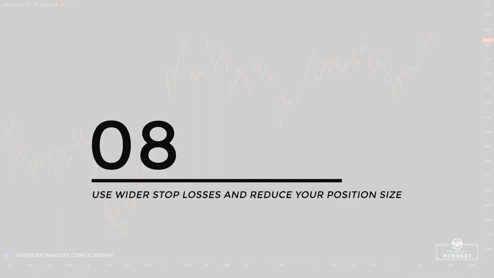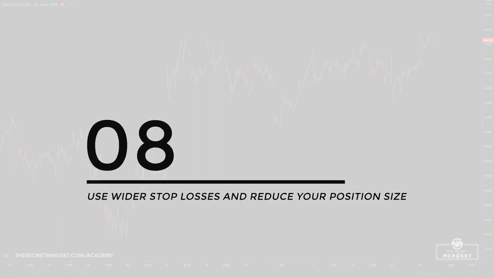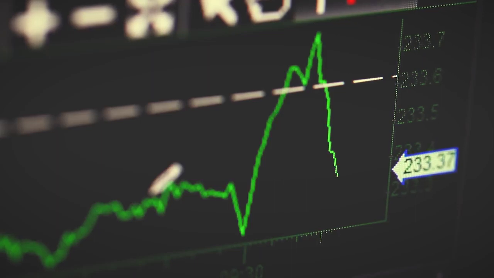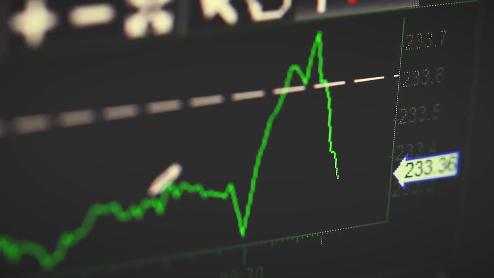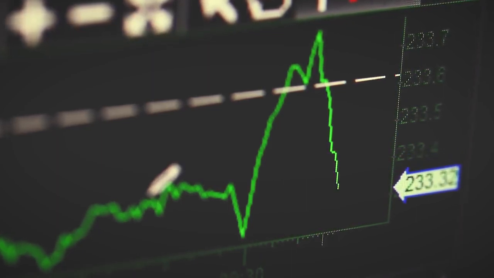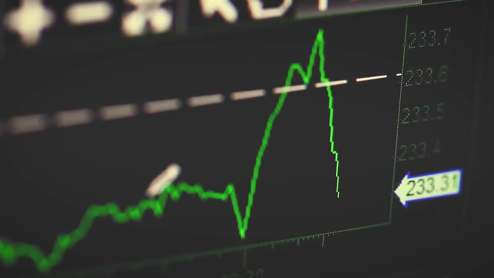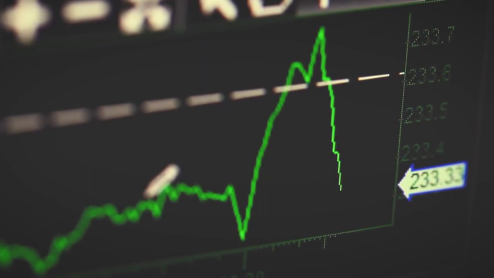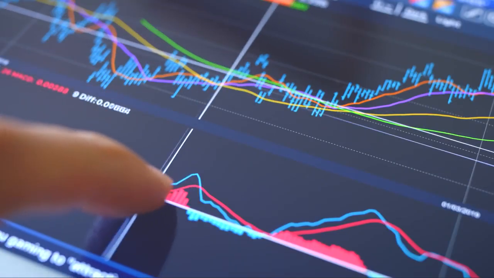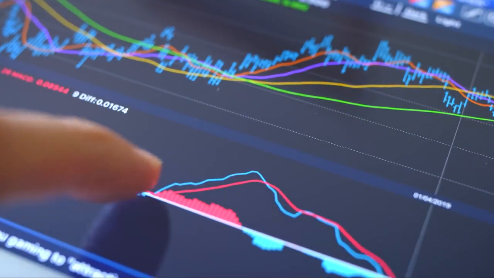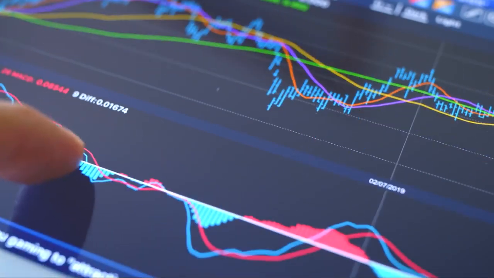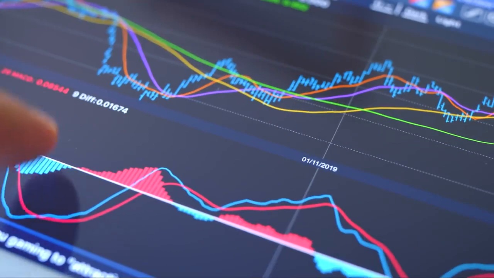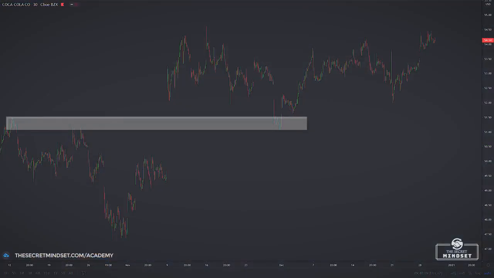Number 8. Use wider stop losses and reduce your position size. You have a tool on your side to assist you in giving trades the time that they require to turn into big winners. That tool is the stop loss placement, and more specifically, considering the use of wider stop losses. Giving a trade even another 50 pips, for example, can significantly improve the chances of that trade flipping from a loser to a winner. The reason is that many trades are taken or should be taken at levels of support